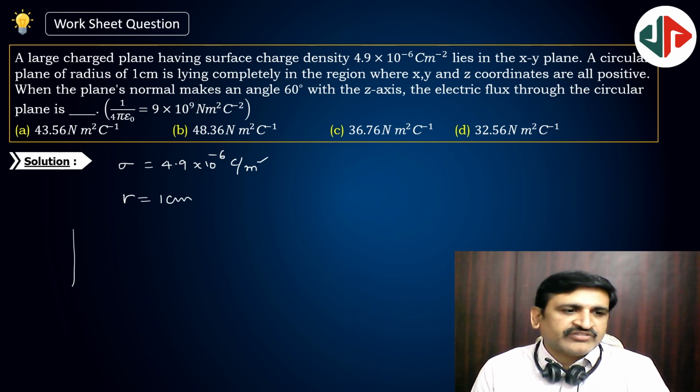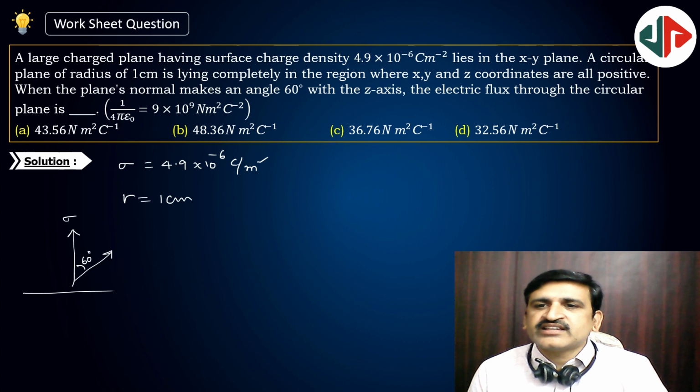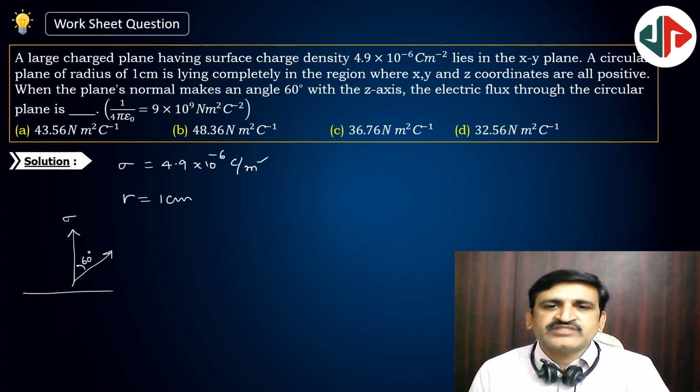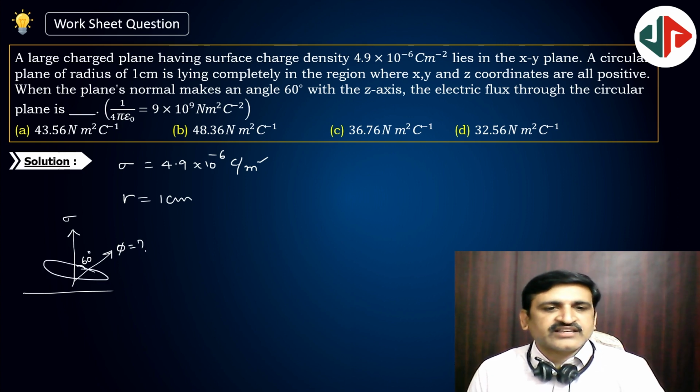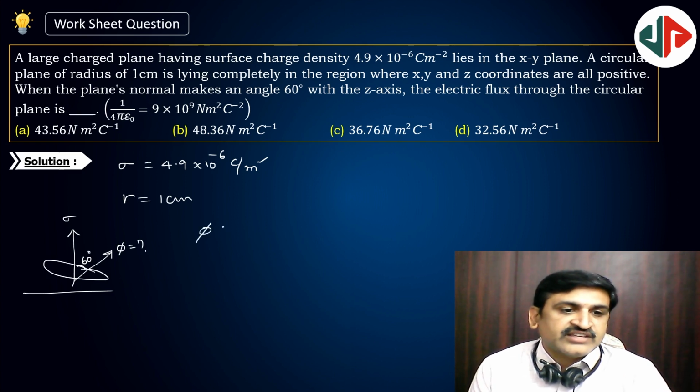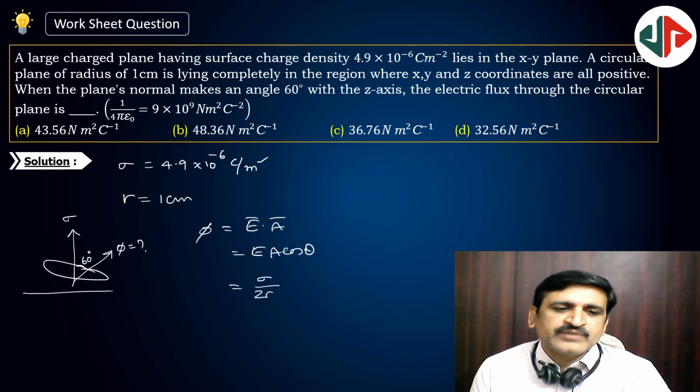Electric flux through the circular plane is? So here the field of the sigma sheet is there, and the normal is making an angle of 60 degrees with it. What is he asking? The electric flux phi through this. So flux phi is equal to E bar dot A bar, nothing but EA cos theta. E is sigma by 2 epsilon naught and A is given already, of course pi r square,